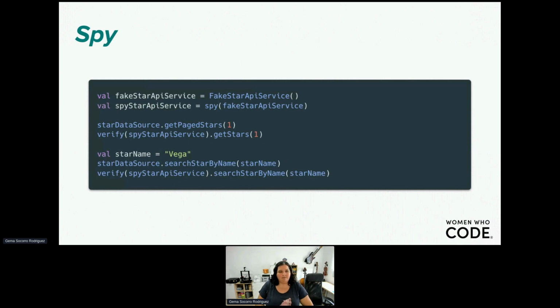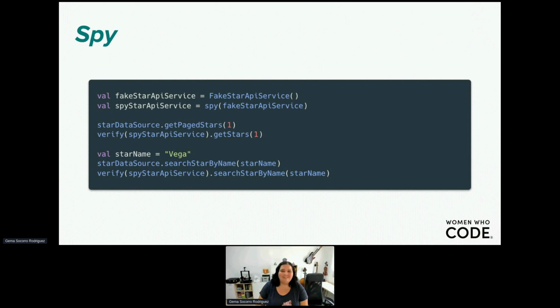And finally, we have a spy. A spy is a mix between a real object and a mock. So in a spy, you can decide to stub some of its methods, and it will work as a stub. You can also verify if a method is called, and it also could execute the real method. Well, in this case, we are using a fake, but imagine that you want to use the real method of the component. If you don't tell the test that you want to stub it, you can use the real method.